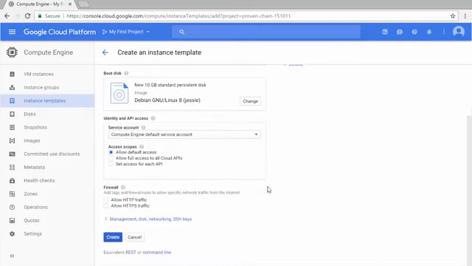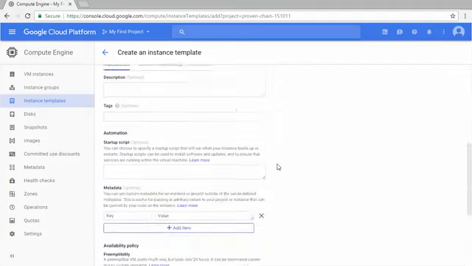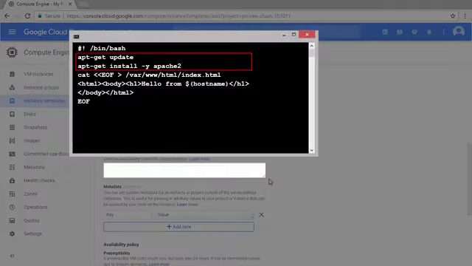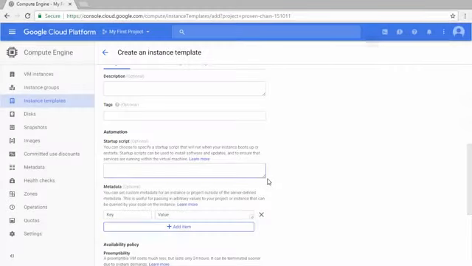Allow HTTP. External IP as ephemeral. Under Management, Disk, Networking, and SSH keys, we'll add a startup script that installs an Apache web server and adds the instance's hostname to its homepage, so we can tell which server is responding and whether the load balancer is distributing requests to various hosts. You don't have to do this, but for starting out, it's a good idea. Under Management, add the following lines for the startup script.